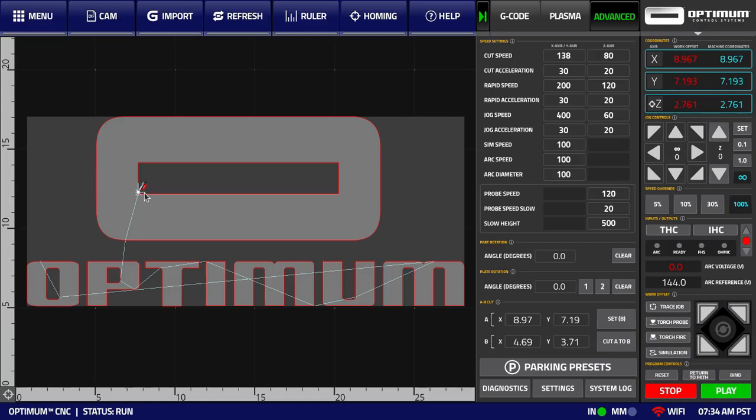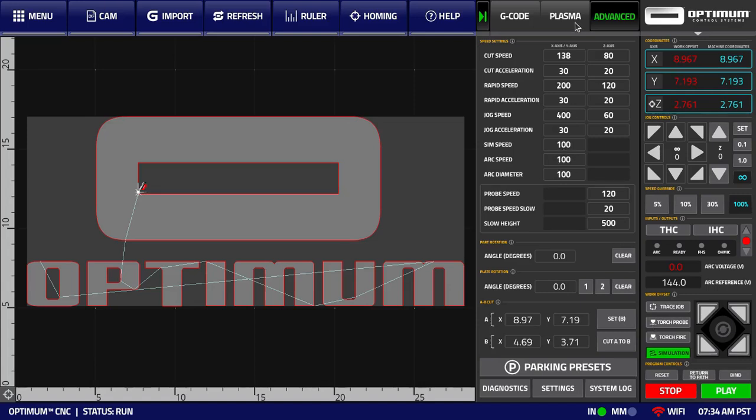and what this allows the operator to do is it allows the operator to quickly see where the program is positioned and whether it fits the working material, for instance. It also allows the operator to quickly run through the program at a speed that is different from the cutting